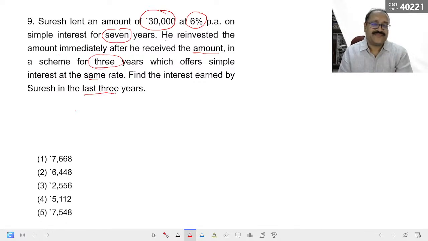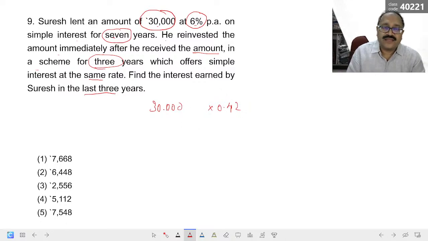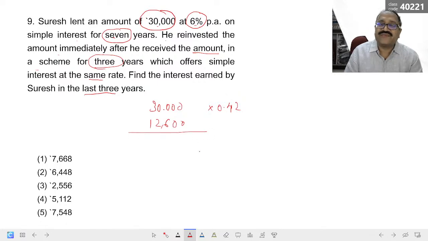That's good. So let's make it along with you. So here this is 30,000, 6%, 7 years, 7 sixes are 42. So I need to take 42% of this 30,000 as interest. So 42% is nothing but into 0.42 and then these two zeros get cancelled. 3 2 6 and 3 4 12. I got this as interest. So what will be the amount after 7 years? This principal plus interest, which is 42,600.